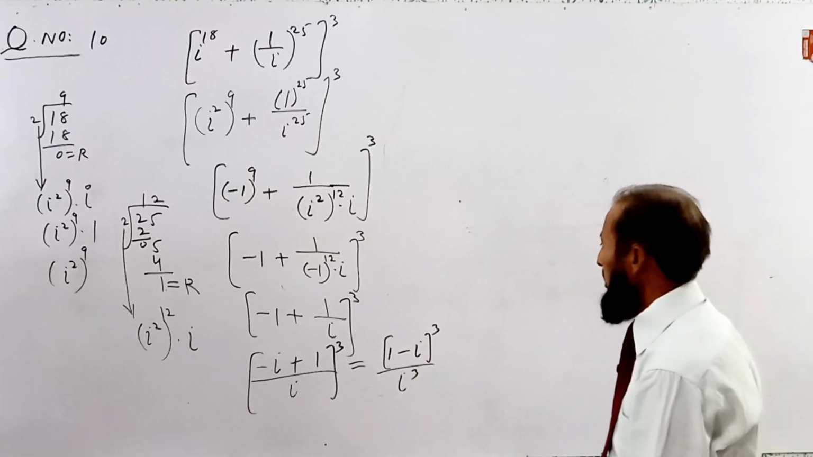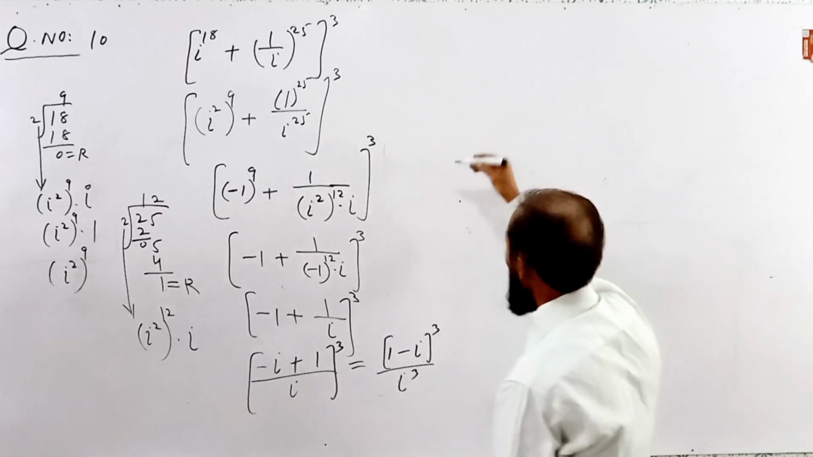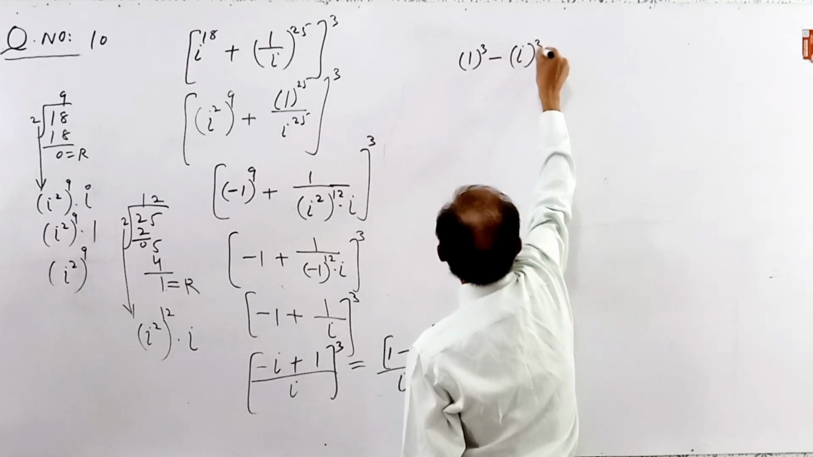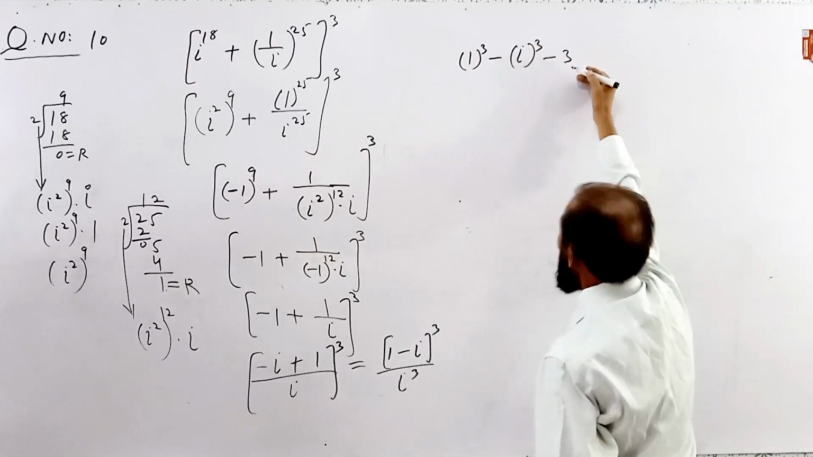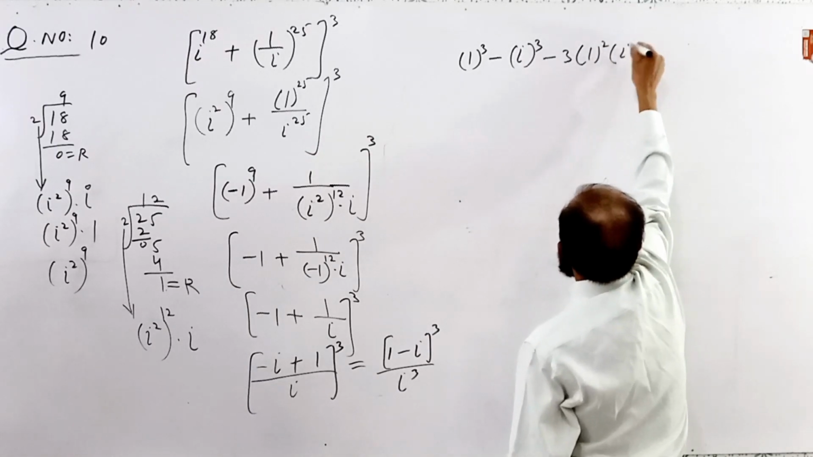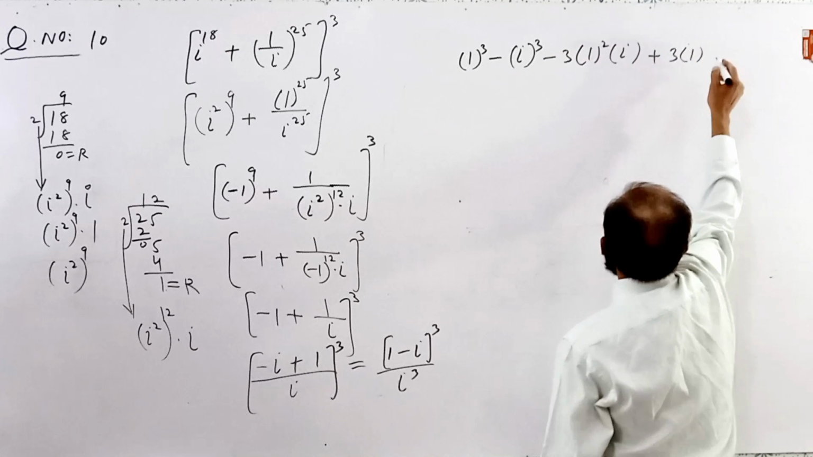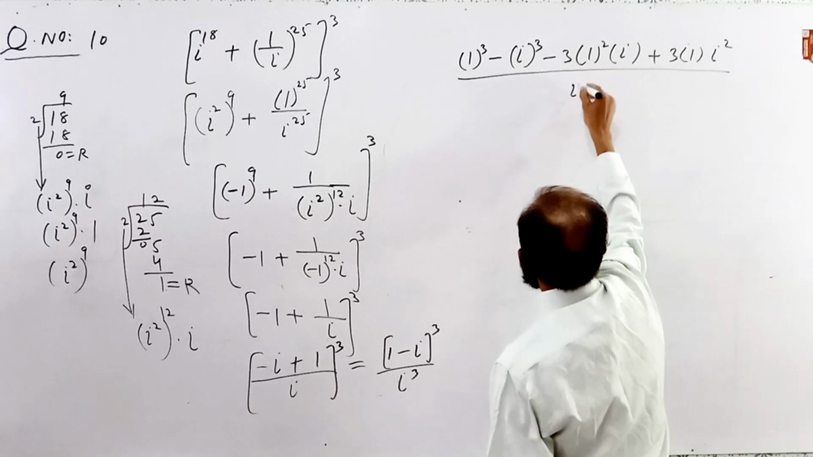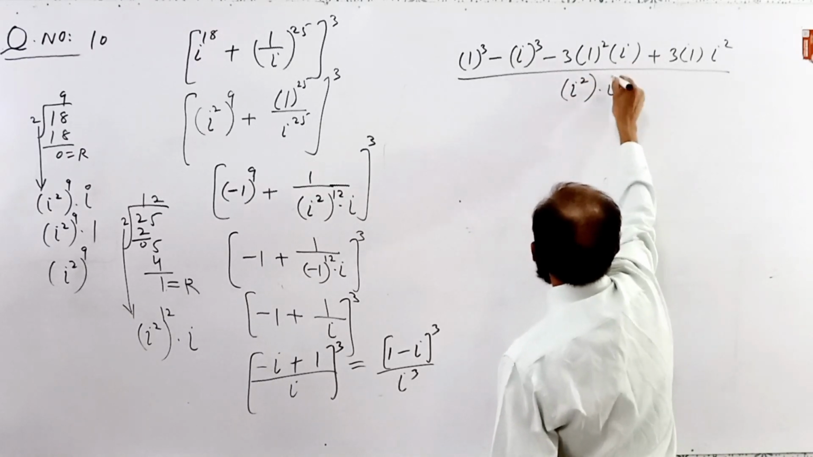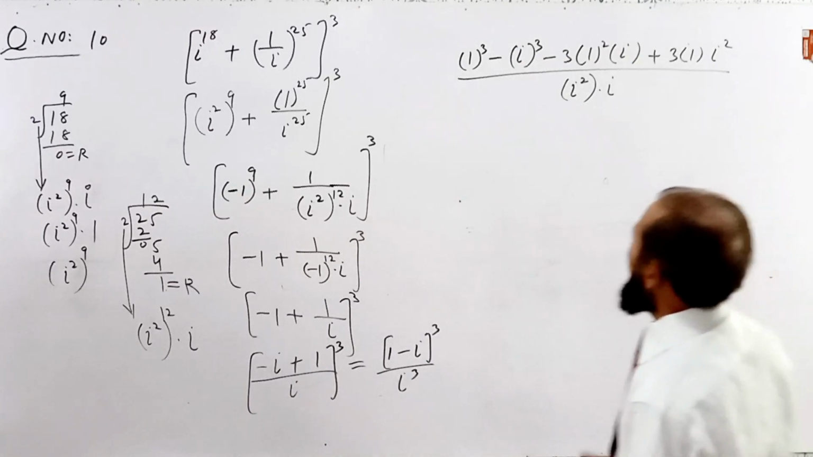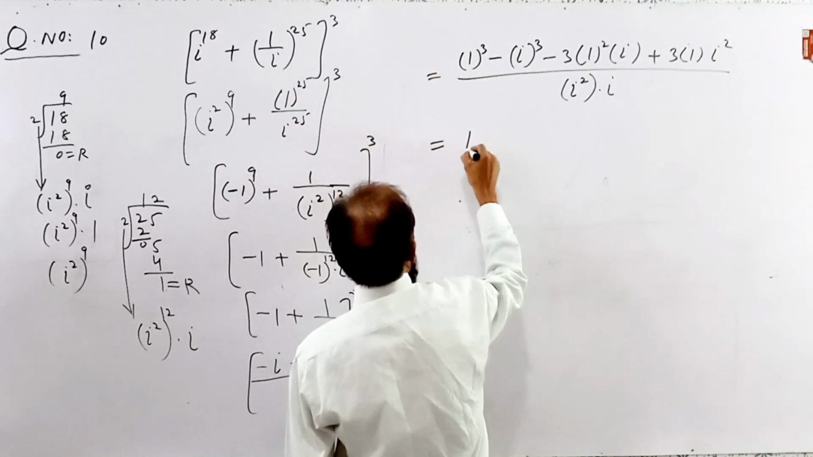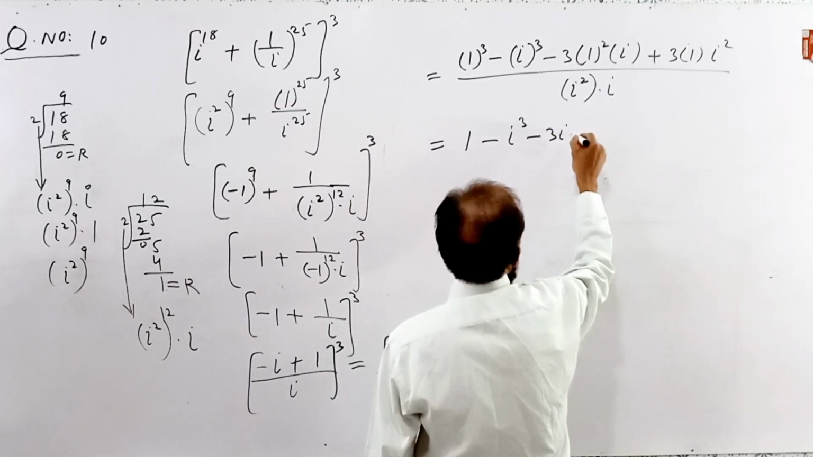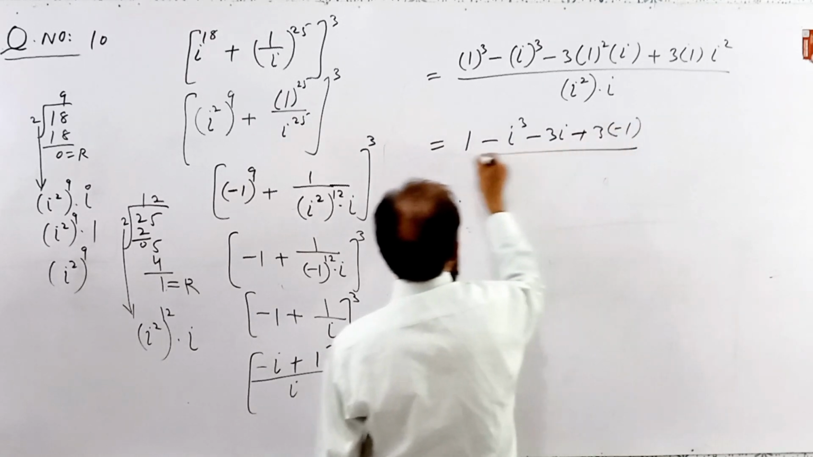Now here is the formula we can use: a cube minus b cube minus 3a square b plus 3a b square. So divide by iota cube, we can write iota square into iota. Now expand this term: 1 cube minus iota cube minus 3 iota plus 3 into minus 1 divided by minus